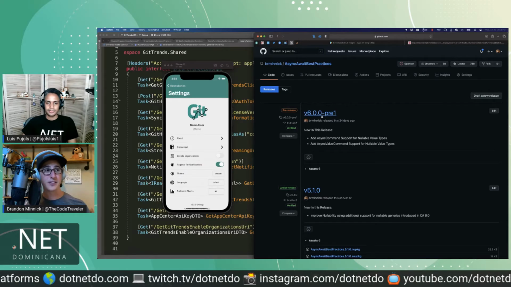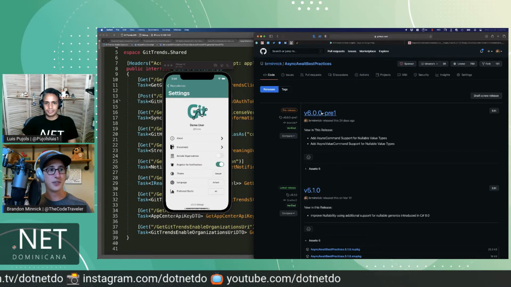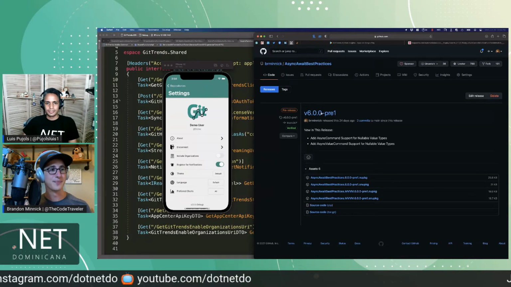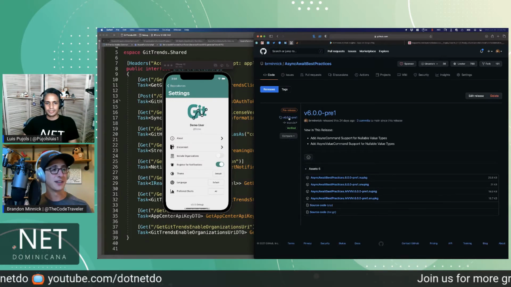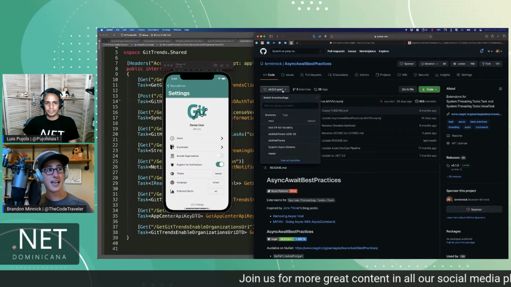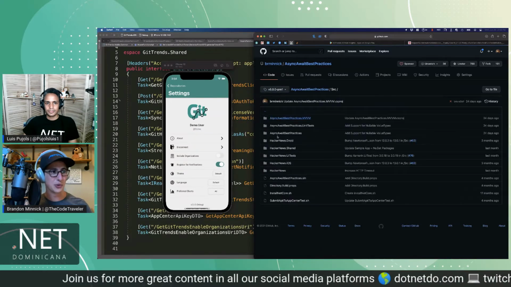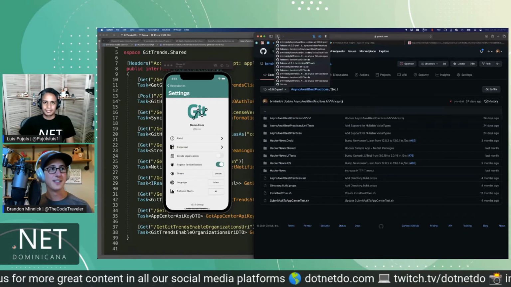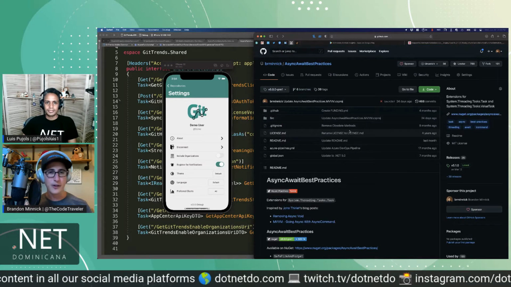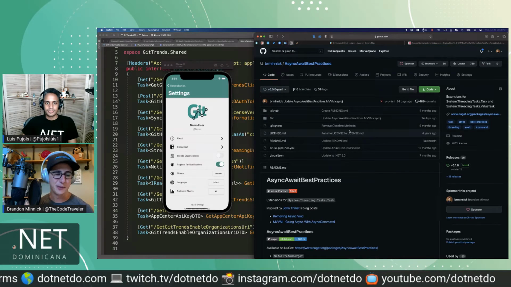So if you want to check out the pre-release and you want to see the code that's in that, all you have to do is click on it here in GitHub. Click on the tag here. And now you can see we're looking at only the code that is in that release, and you can dig through and look at the source code and all that fun stuff to see, I'm getting a weird error in this NuGet package. So yeah, moral of the story, don't worry about keeping your main branch up to date,